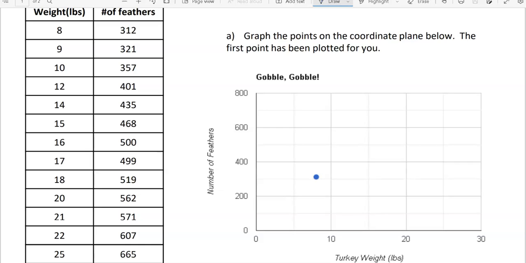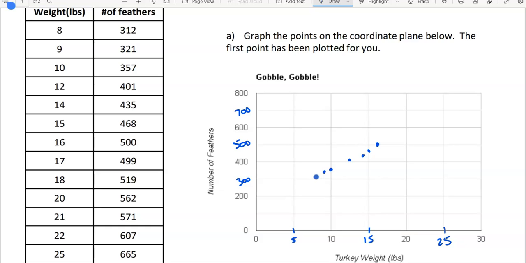We're going to guesstimate. Each of these looks to be 100, and these look like they are each 5. All right, so 9, 321, 10, 350. We're just making our best guess here. 12, about 401, 14, and 435-ish. 15 and 468, 16 and exactly 500,